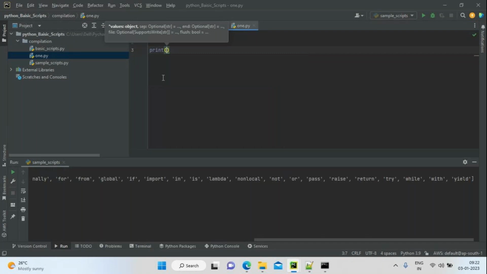I'm going to print some statements. I want to show what modules are available: if you run the program, which module is going to run?